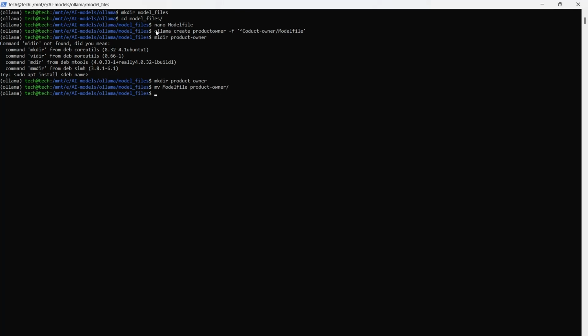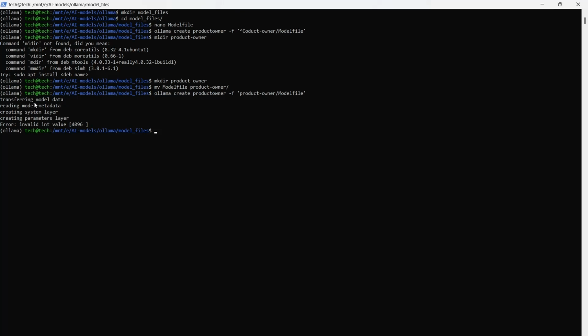This is done. Now we can use our command. Ollama create product owner will be the name of this agent. F to apply the file which is located in the folder product owner,